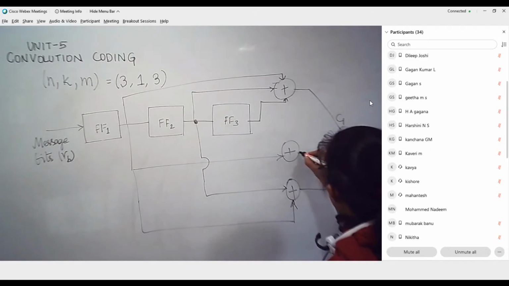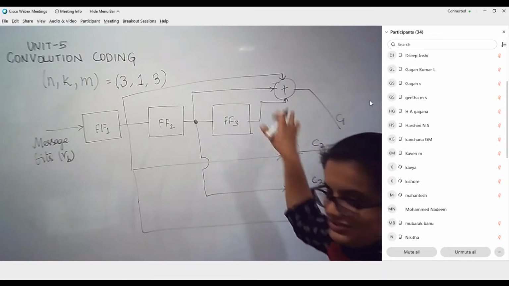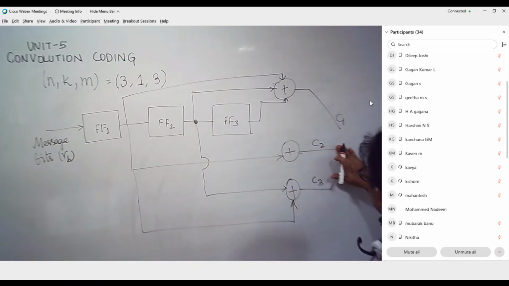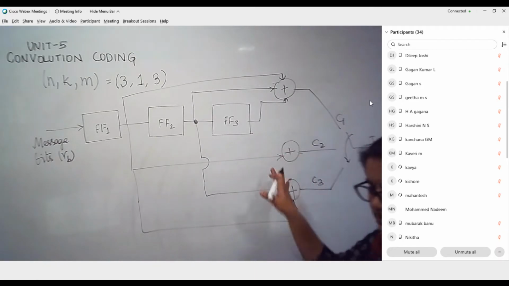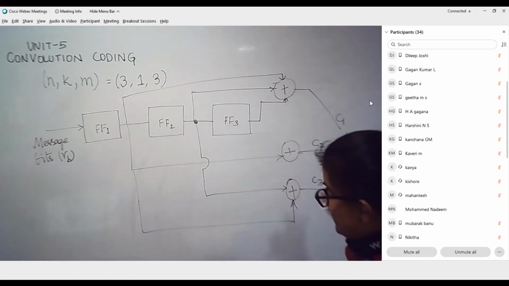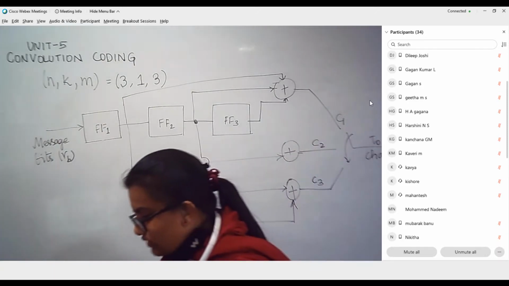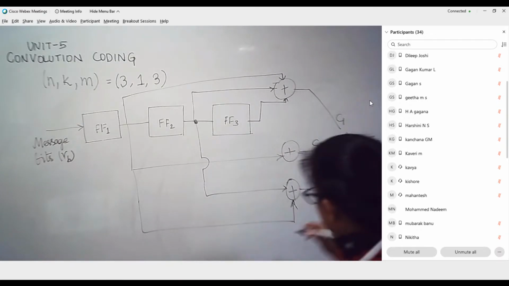So as of now, you remember this is one of the cases where we are having the modulo 2 adders somewhat constructed like this. I'm just trying to give you the concept of this convolution encoder. So this is just an example. This is not a very exact typical one. It will not remain the same always, but it will change. But this is just an example to show to you. Please note down this particular example.